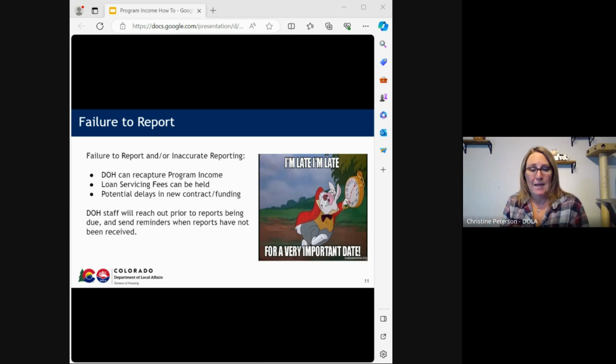If it goes back a couple of years and you are applying for new funding for a new program or project, that can delay the contract. It can delay state housing board. So there can be a lot of delays. Keeping up on reporting, it's one on a list of a million things that needs to get done, but it's very beneficial for everyone to get those in as close to on time as possible so that you don't see delays in other items like payments or contracting or funding.